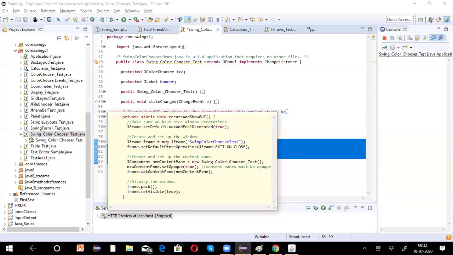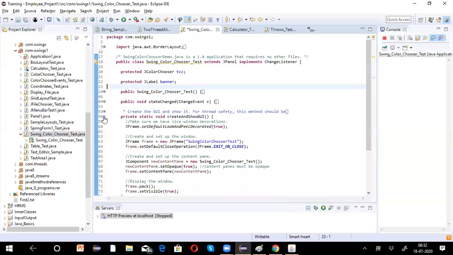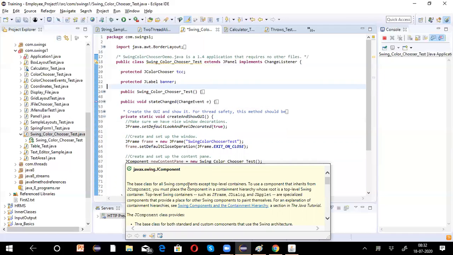JComponent is the base class for all Swing components except top level containers. What is the top level container? Frame. So except the frame, this JComponent is acting as a base component.